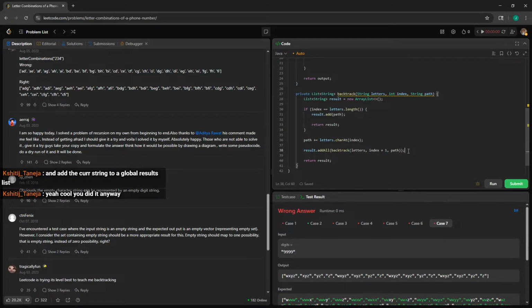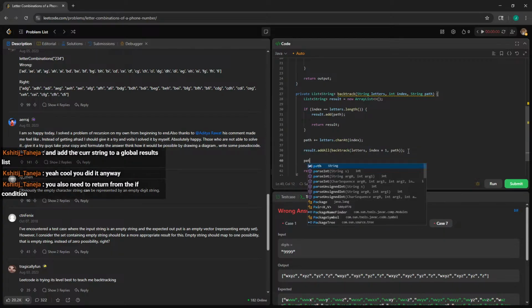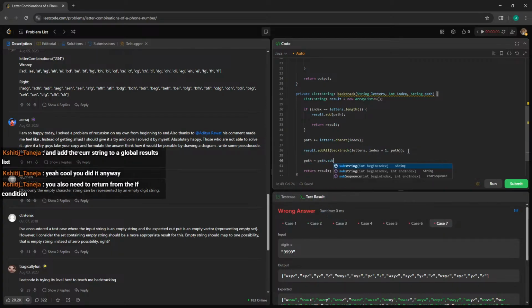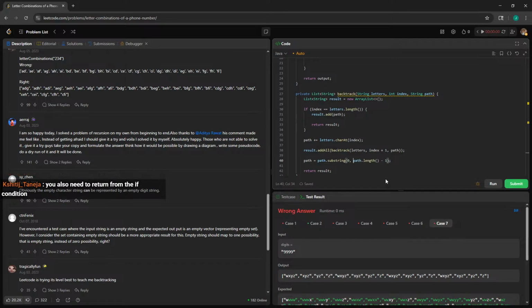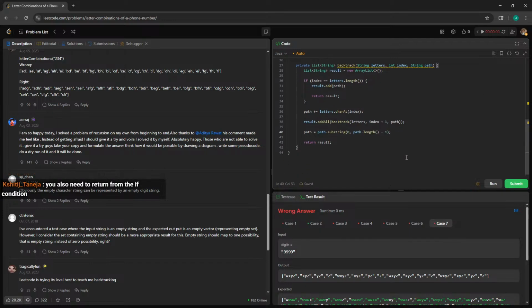Okay, add all, and then path is equal to path.substring, the length of the path minus 1. I think this is the begin index, isn't it? Yeah, the begin index. So we need 0, comma, length minus 1. And then we say return